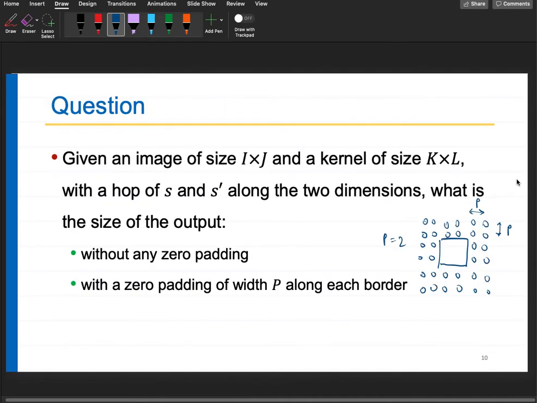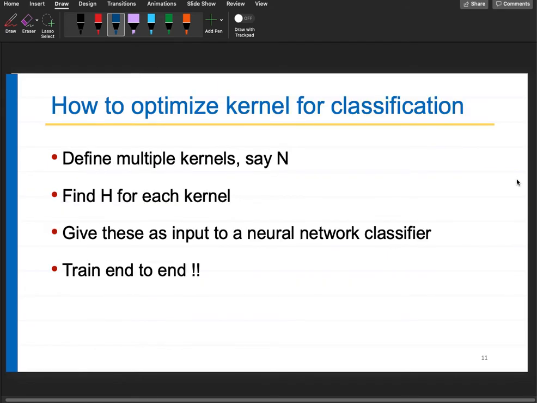But here we have a hop size as well, so keep in mind the hop size. In one of the summer schools which we did in the summers, I asked this question. People came up with a formula. I tried different values of I, J, K, L, S, S dash. The formula gave the perfect answer, but the formula was wrong. The people were so clever, they could come up with a formula which is wrong, but still fits their minimal data. Whatever data we took, it fits that. But the answer was wrong because it doesn't generalize over all the data. But yeah, people can construct equations like that.